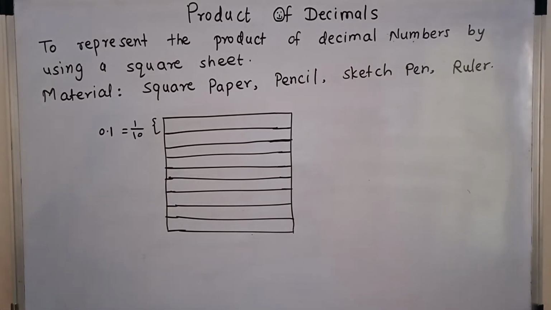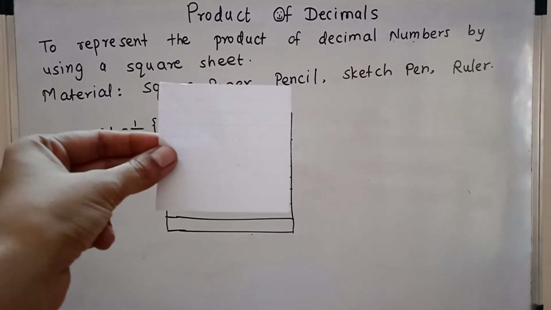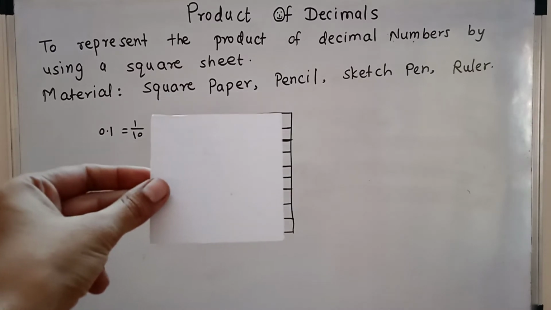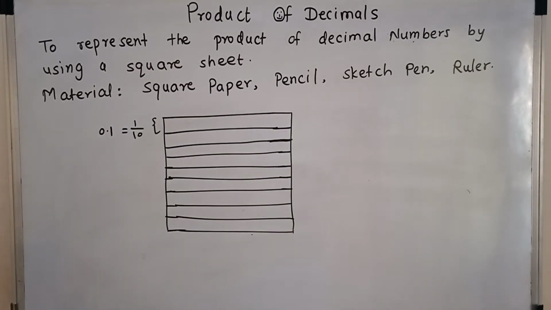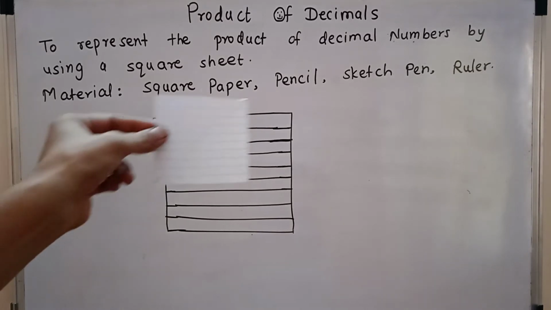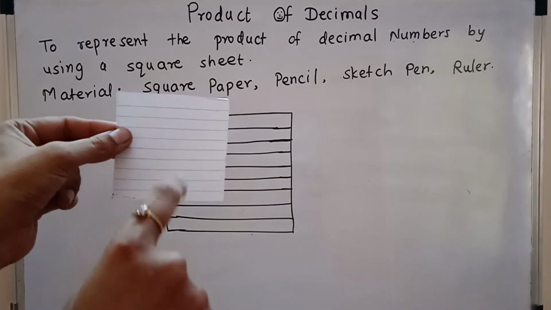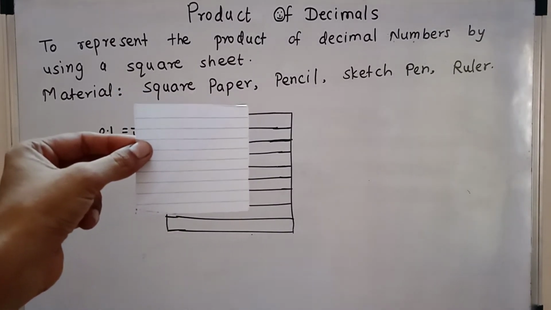Yes, so today we are going to learn the product of decimals through an activity. Obviously all of you know what is meant by decimals or fractions. Here you can observe that if we have a paper having 10 parts, and we choose one part out of them, then this can be written as 1 by 10, that is 0.1. This thing we are going to use today for our product of decimals concept through an activity.